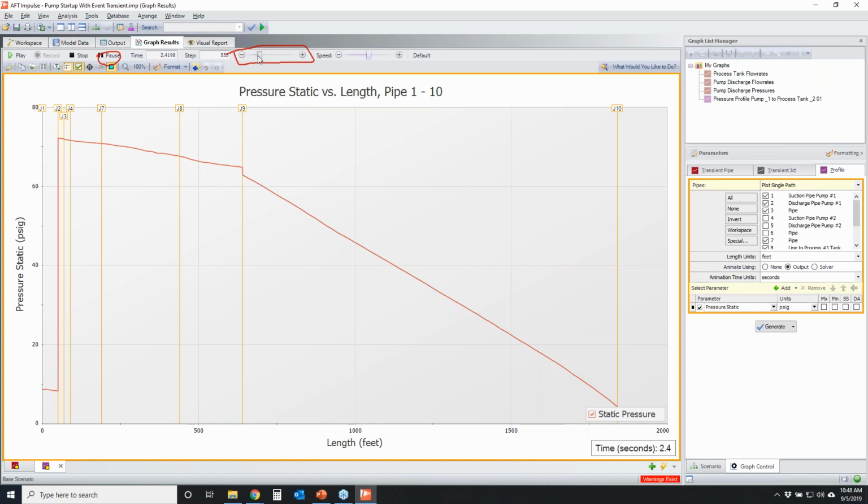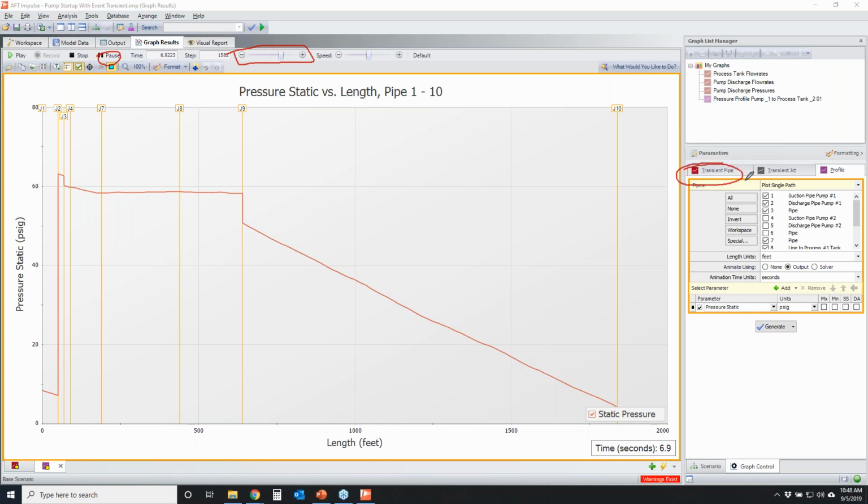That way I can go to a certain time frame when things are going crazy, and I can back up to see what was happening just before those points. So the beauty of saving your interior pipe stations is not only so you can plot those stations separately, but so that you can also use the output file so that you can pause the animation and use this tool to back up. If you're using the solver,